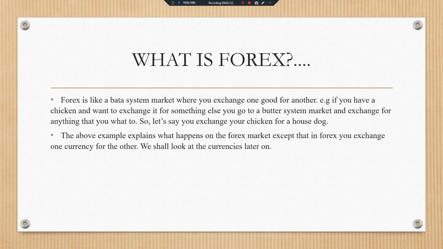You have currencies, ladies and gentlemen. In this case now, we don't exchange dogs and chickens and all that. What we exchange, ladies and gentlemen, is currencies. So as a Forex trader, you have access to all the currencies worldwide, and you can exchange one currency for the other as you wish. Now, how do you make that exchange? It's just about looking at which one is going to be appreciating and which one is going to be depreciating. And if you establish that, you can either decide to buy or rather to sell a particular currency, right? Now, we shall understand the currencies later on.